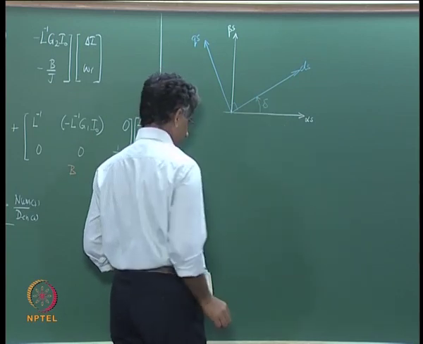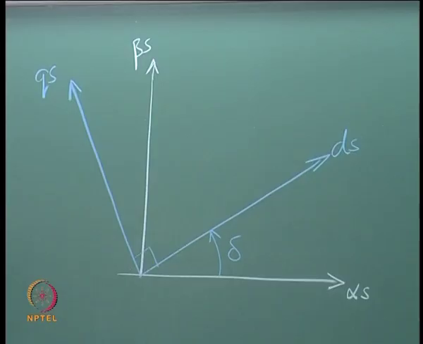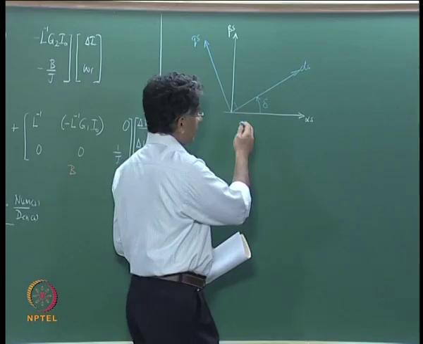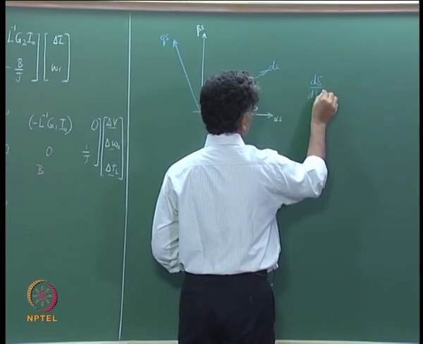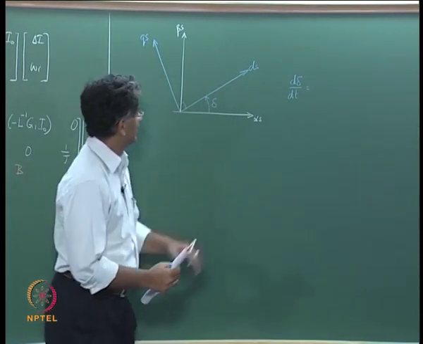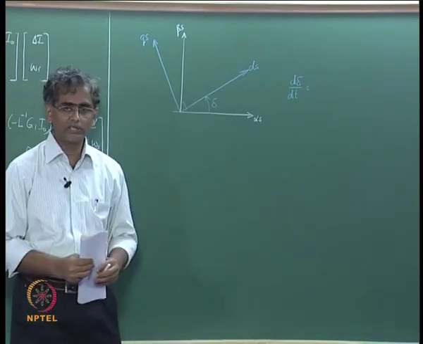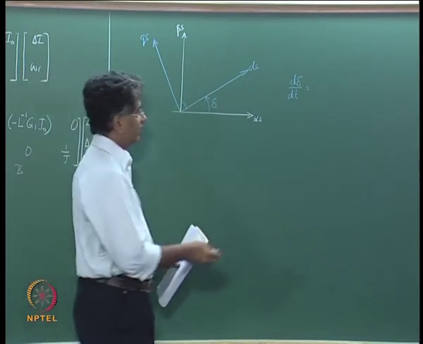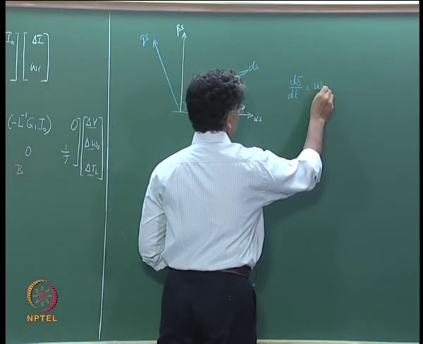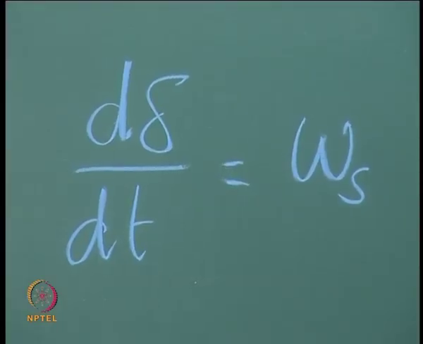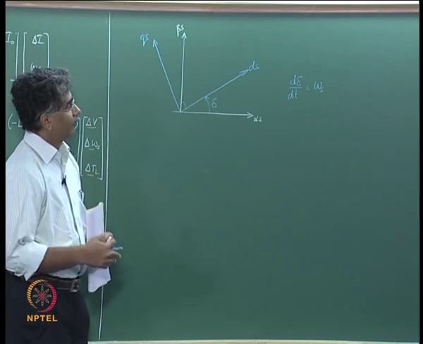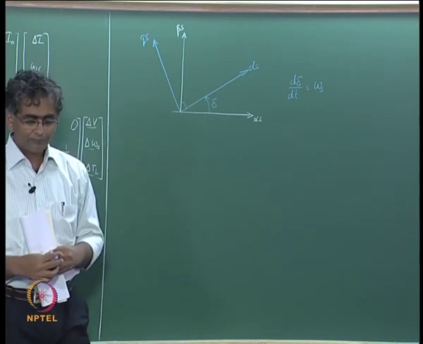This angle is what we have called by the symbol delta, and we have said that d delta by dt is the speed at which this reference frame now rotates. For the synchronous reference frame, d delta by dt is nothing but the synchronous speed. So having said that, we have been seeing all along that